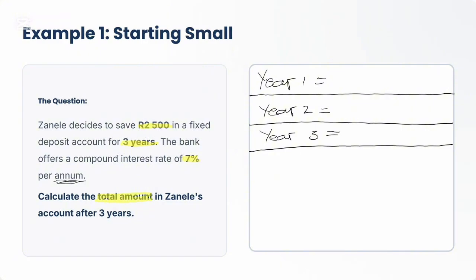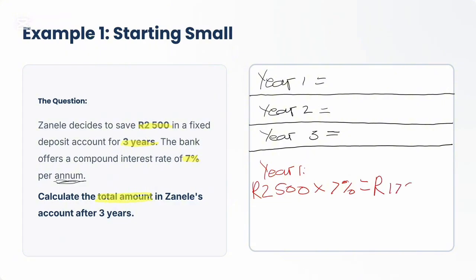So we're going to do year 1. Let's use a different color for year 1. We're going to calculate it as 2,500 rands. Let's put our units. Then we're going to multiply it by the 7%. We're going to punch that into a calculator. As I said in the previous video, it is very important that you say 7%. We will get